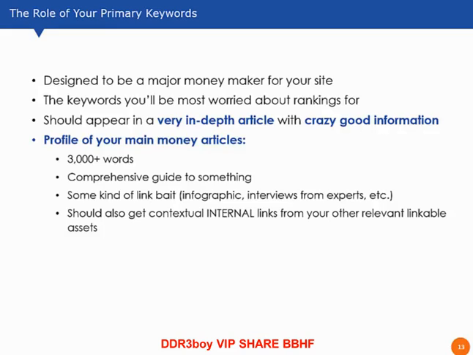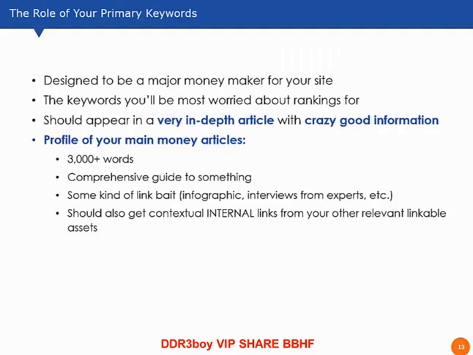It's mostly because your primary keyword usually appears, and if it doesn't, it should, in a very in-depth article with crazy good information. So if you've seen any of our case studies, our primary keyword articles are usually 3,000 plus words with massive tables with lots of good information, and they're super duper well researched. They are not outsourced. We usually write these ourselves, but the idea is they can be good enough to also act as a linkable asset. So if you're writing a guest post, you can link to them. You can reach out to people and say, hey, I built this really comprehensive guide. You may want to include it in this page, that kind of thing.